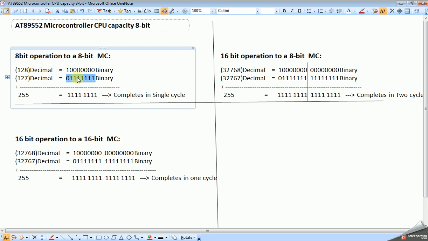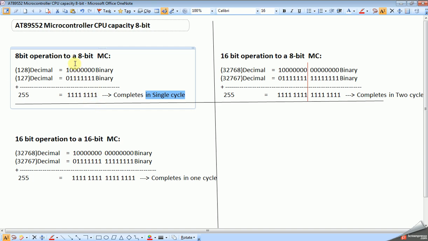So if we give this 8-bit addition operation to an 8-bit microcontroller, this can be performed within a single cycle. The CPU can perform this operation within a single cycle since it is an 8-bit microcontroller.